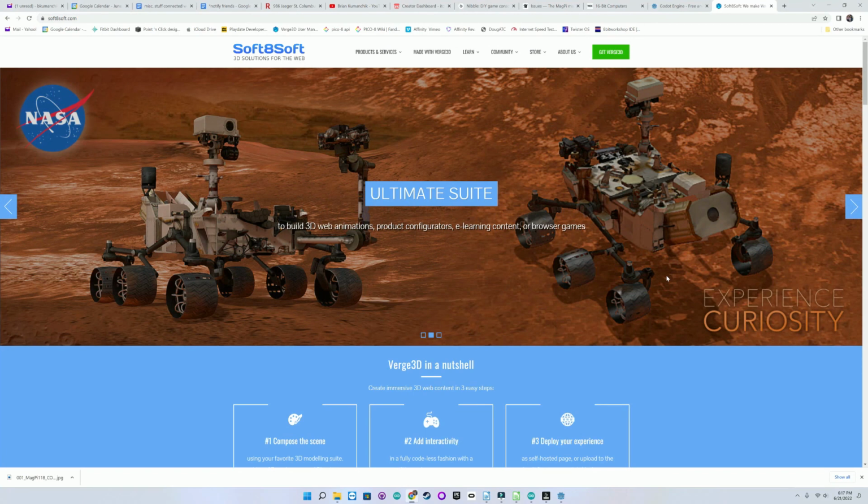Next episode, I will be showing a port of Invader to the web using blocks and Verge 3D's Web IDE. We will be creating a 2D and 3D version with Verge 3D,